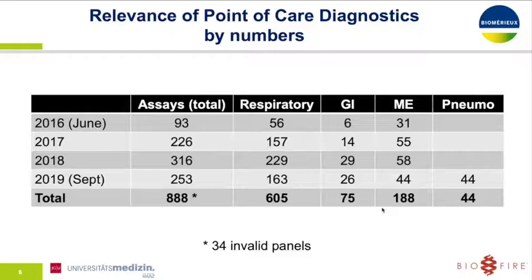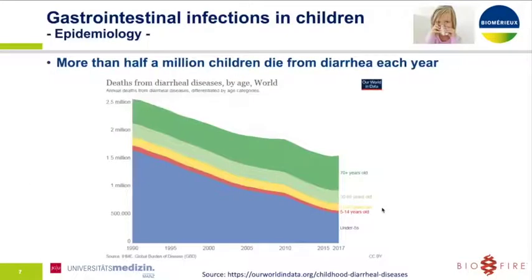But as I can tell you, we really use it in an increasing number, and as I will outline later, you will understand why it has become a valuable tool for us. So with regards to gastrointestinal infections, I think we all agree that this is really a large number of patients